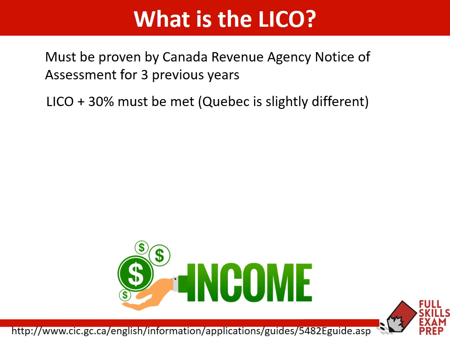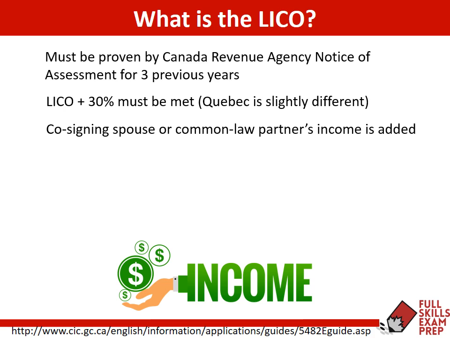And of course, Quebec is slightly different in this regard. All of those details, by the way, are in your test date data book. The really great part about having a cosigner is that both of those incomes are added. Now, if you're looking at your LICO chart in your test date data book, you could see it's a lot of money. But by having the 2 incomes, it makes it probably a little bit easier to meet this requirement. And I'll give you a little piece of advice for when you start working as an RCIC. The LICO with parents and grandparents is incredibly important to prove.